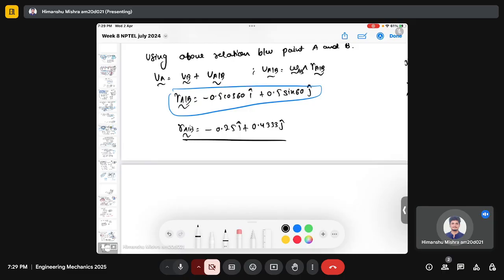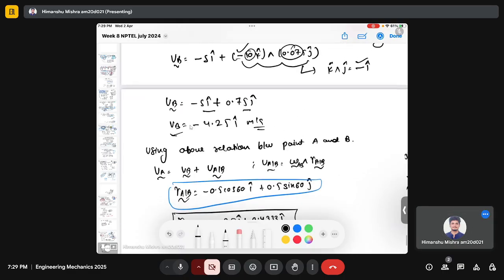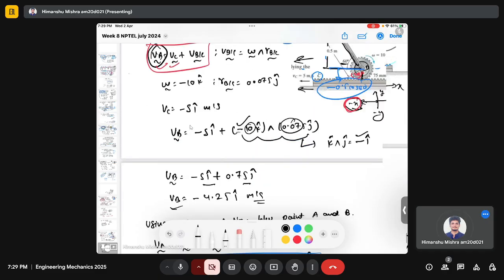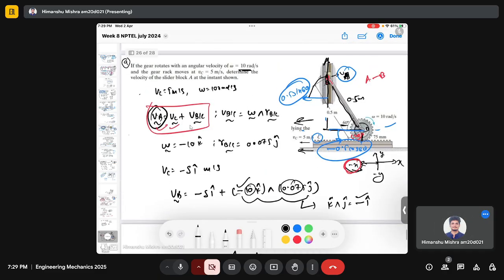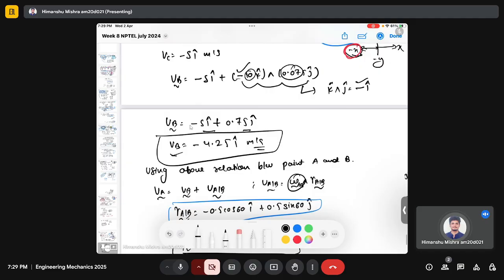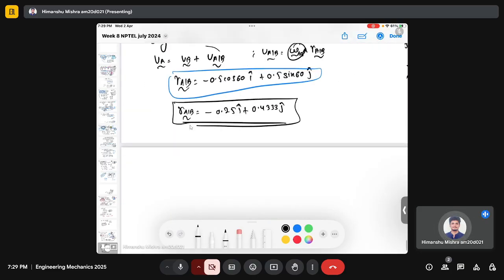So this is my position vector. So I don't know anything about omega vector. We have not found anything about omega AB, and VB we know, VB is 4.25 in the x direction. So when we use this equation, let's say this is equation number 2,